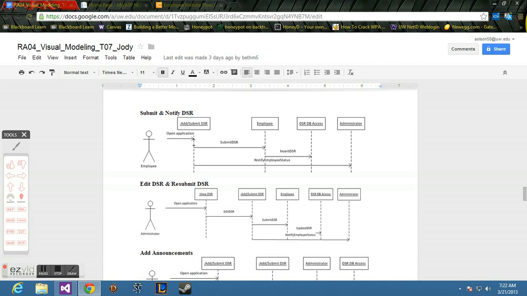Then he's going to fill out some information and submit the DSR. It's going to hit the employee class. The employee class is going to take care of the information and send it over into the DB access, and